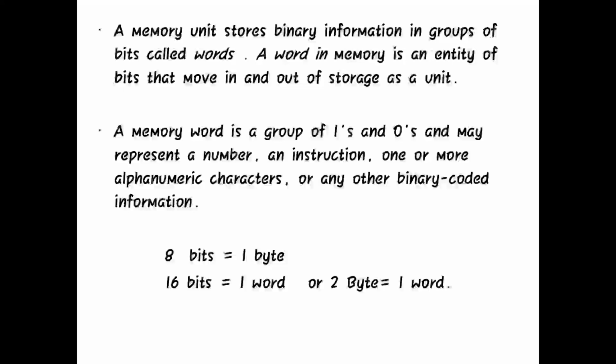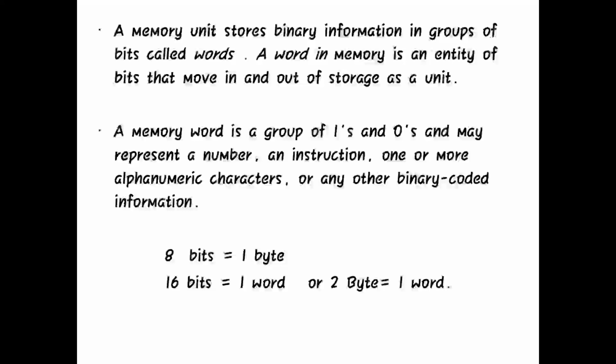So we are going to study how the memory unit stores data not in terms of bits. Bits means 101, 10101. 8 bits is nothing but 1 byte, as we know. So here the data in our memory unit is not stored in 1 bit or 8 bits, but in terms of words. So what is a word? A word is a group of 16 bits. Remember, 8 bits form 1 byte, whereas 16 bits form what?